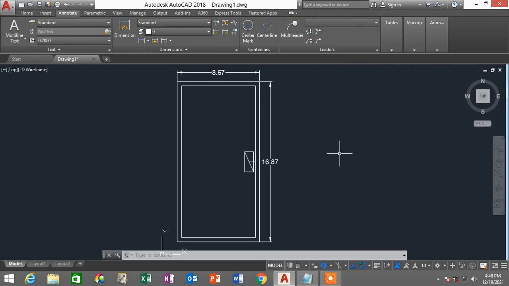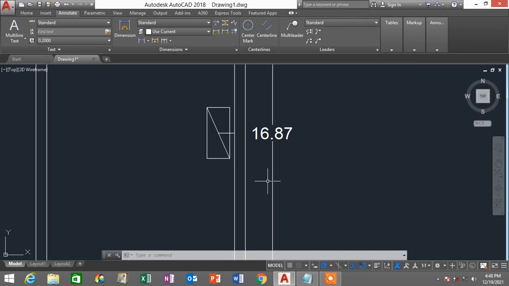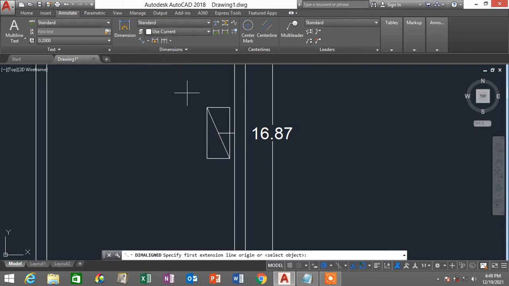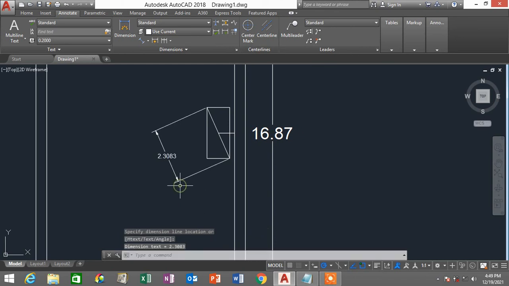So I'm just going to show you a little bit, if you want to measure an object which is slanted like this. If you want to generate dimensions for a slanted object like this, you may use this particular function called dimension align. Okay, dimension align. Just click one endpoint, just click the other endpoint, and you are able to generate its